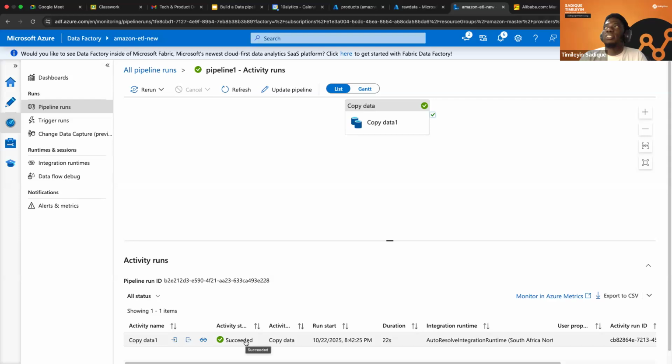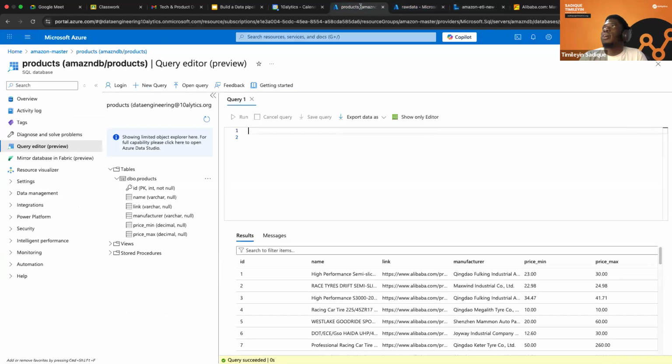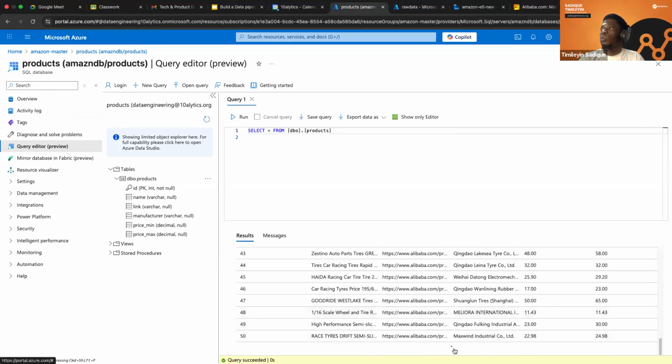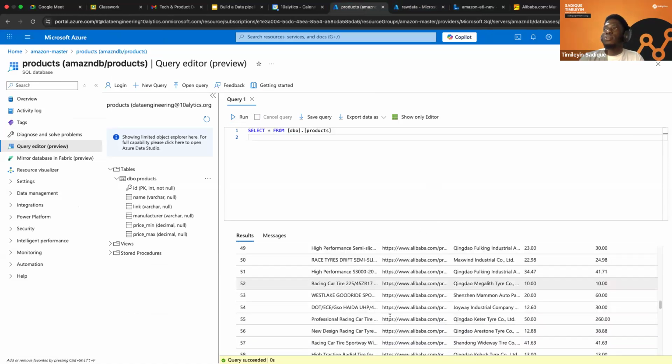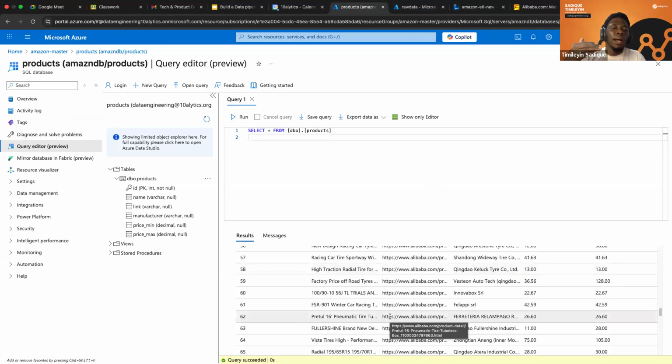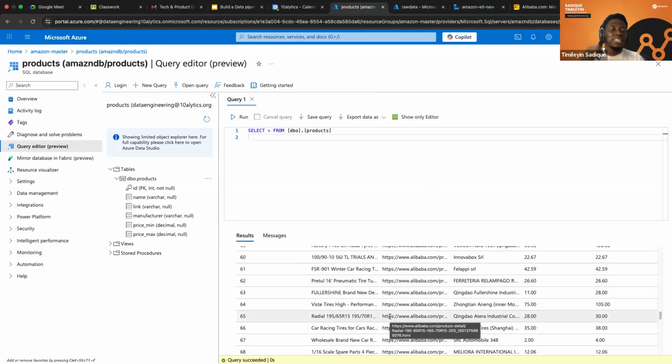So now you can see it succeeded. If we come back here and rerun select star from products, we run this query. It's going to give us data, and then I'm going to load more, and you can see the data continues. That automatically means our pipeline ran successfully and appended the new data that was sent into the database. So this is the whole scenario of deploying